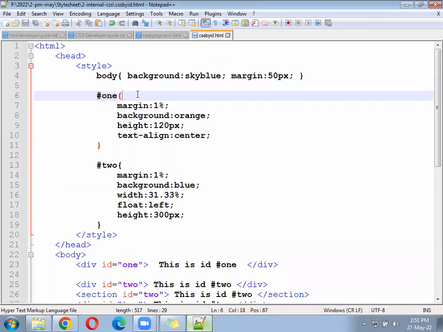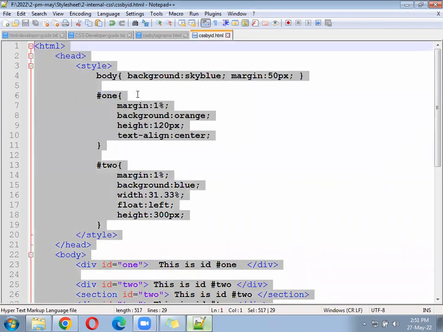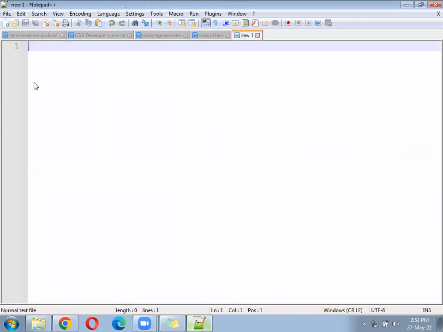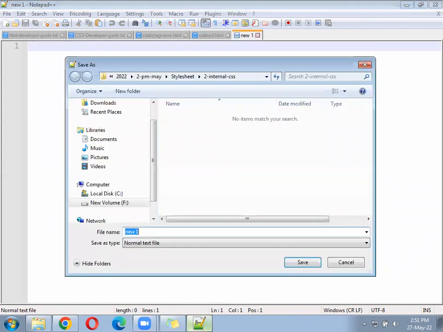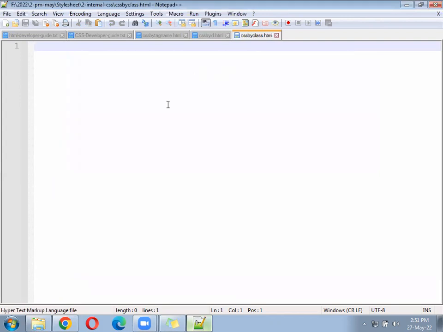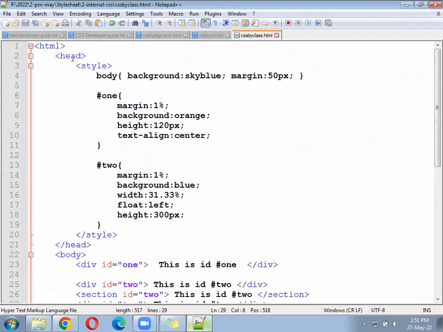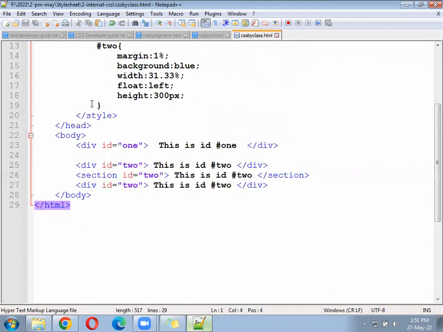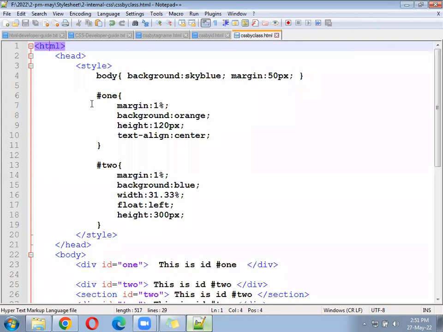We'll take the copy of this file. You can take the copy of this file. CSS by class.html. Okay. In that,